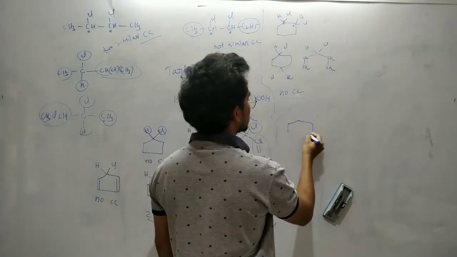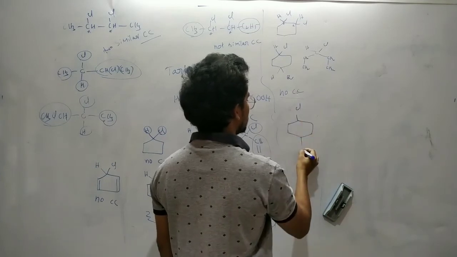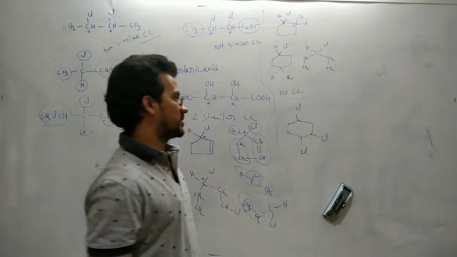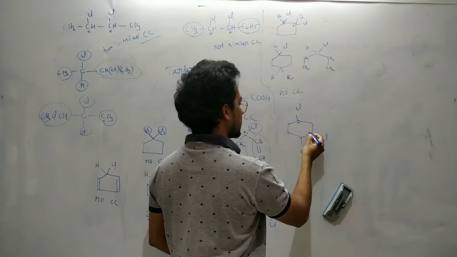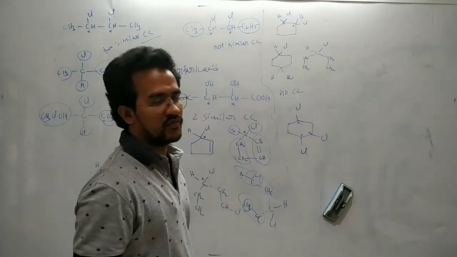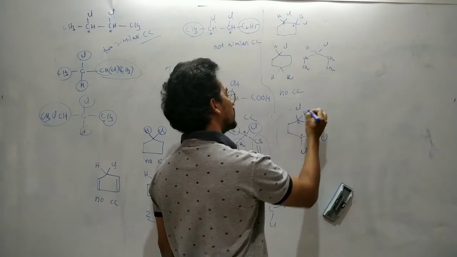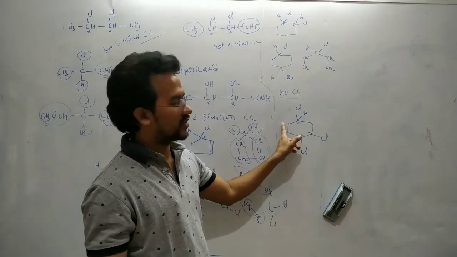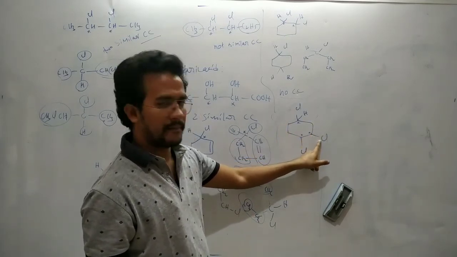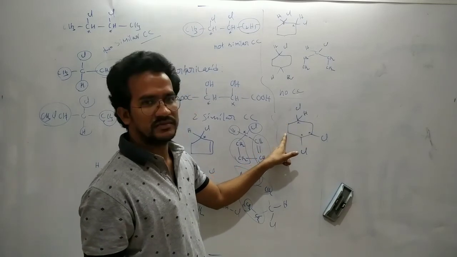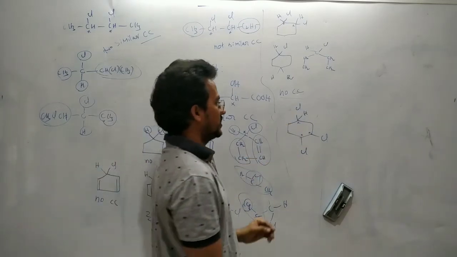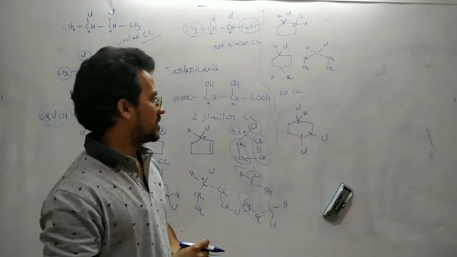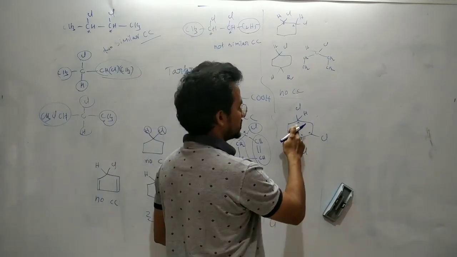Okay. Suppose you can see this one. This is chlorine, this is chlorine, and this is chlorine. Now it has 3 chiral carbons. This is a chiral carbon, this is a chiral carbon, and this is also a chiral carbon. Why? Because this carbon is attached to hydrogen, chlorine, and next here this is CH2, this CH2 the same. Then proceeding further, CH2, CHCl. This one CH2, CH2. So on both sides different. CH2, CHCl, CH2, CH2, on both sides different, so it is a chiral carbon.